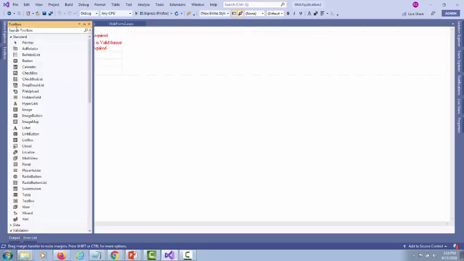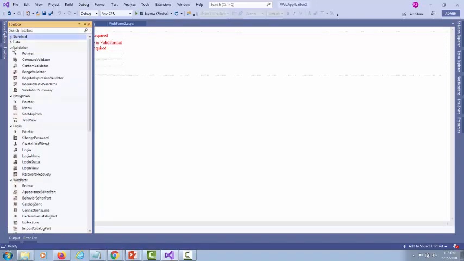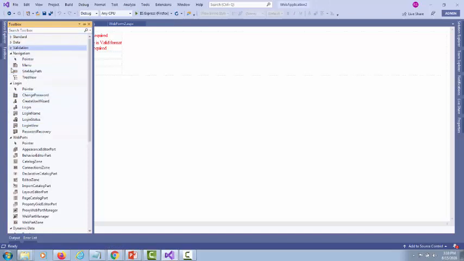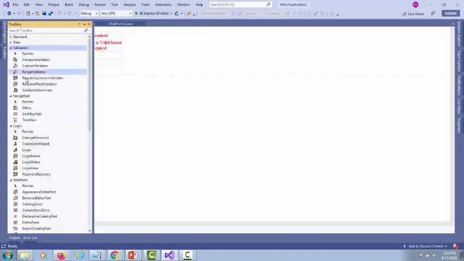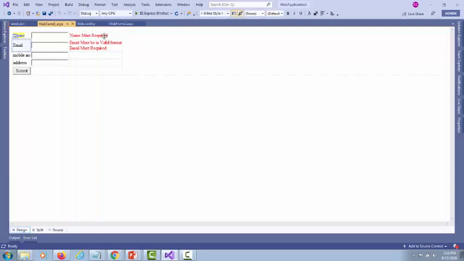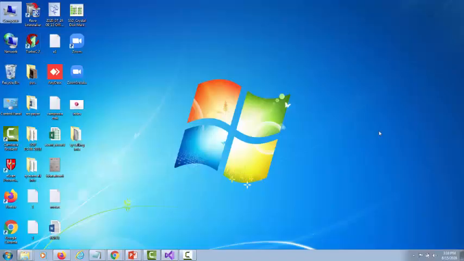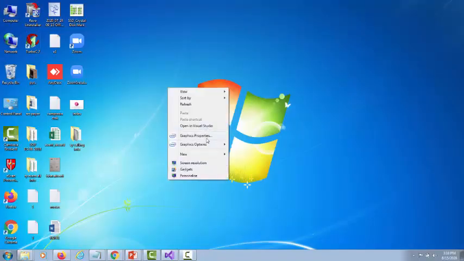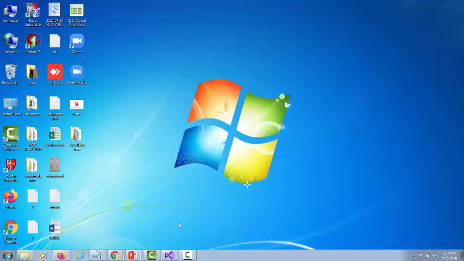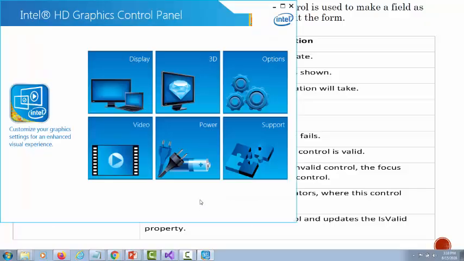Then go inside the toolbox and take the validation controls, in which you take the required field validator. Put the required field validator directly in the third column, then go into the properties and give the error message, Name must be required. Now let us see properly.